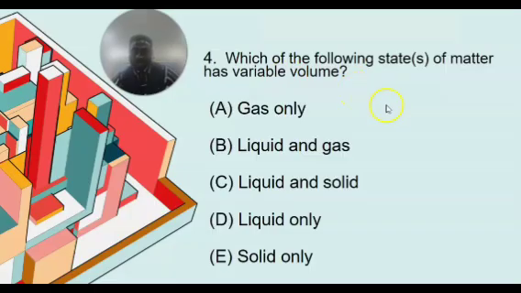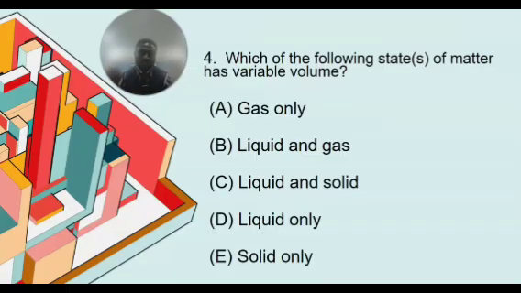Are you penning that down in your biology note already as you process the question and the answer? I give you a moment to do that before I unveil the answer. All right, so I hope what you put down is option B. The answer is liquid and gas, and not option A, C, D, or E. And the reason why is that gases actually have no definite volume and no definite shape. They move at a random motion in their containers. Then liquid actually has a definite volume, so it will rather take the shape of its container,